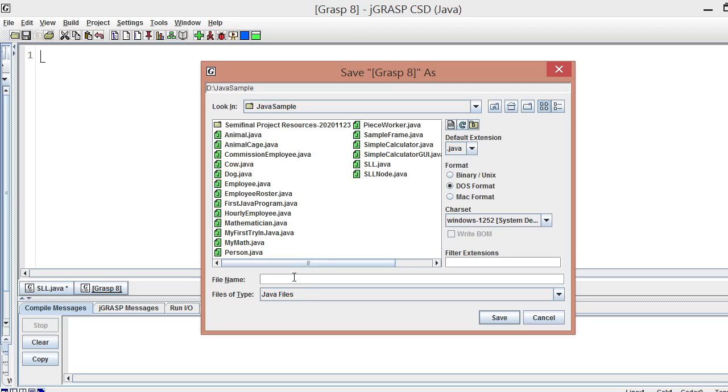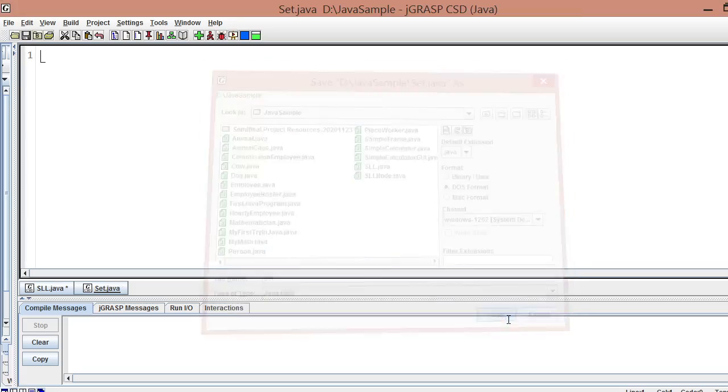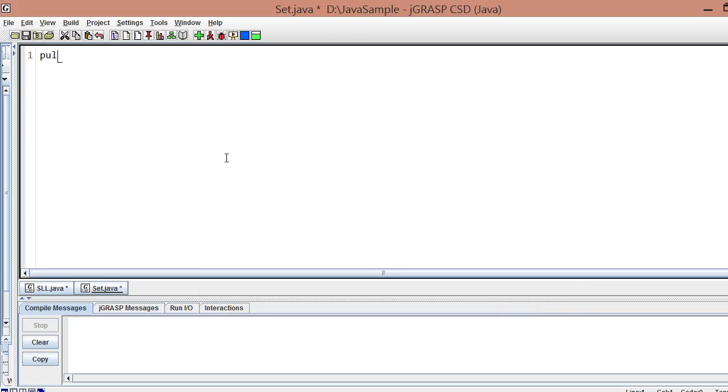So let's name this Set. Here we have public class Set extends SLL. SLL is the singly linked list.